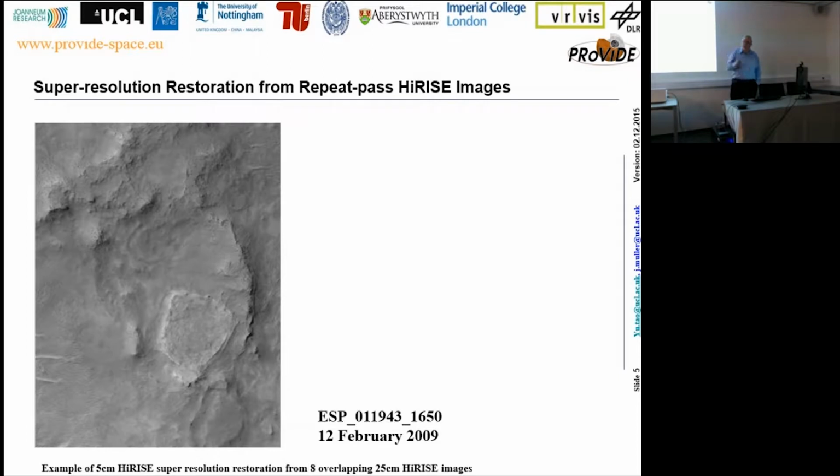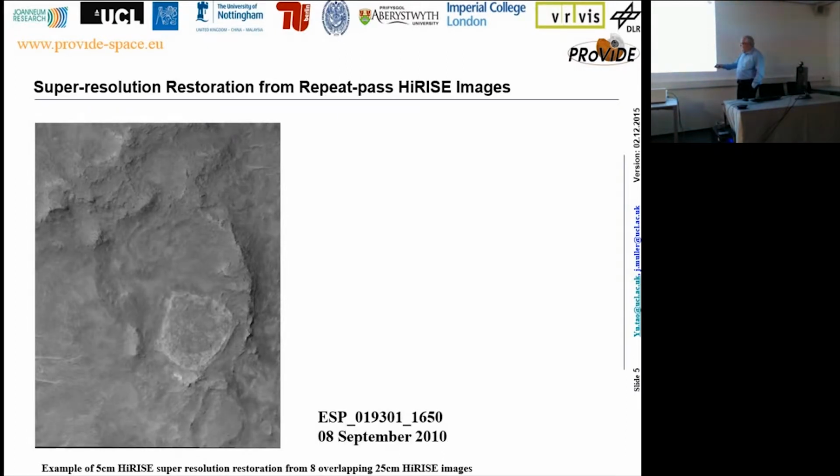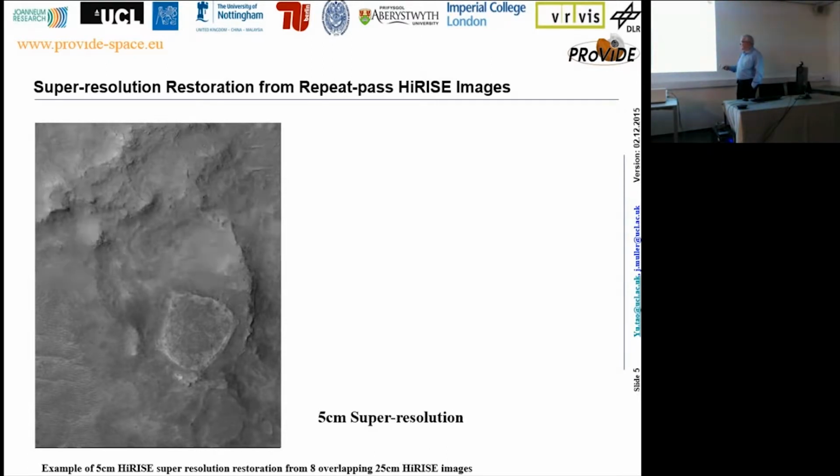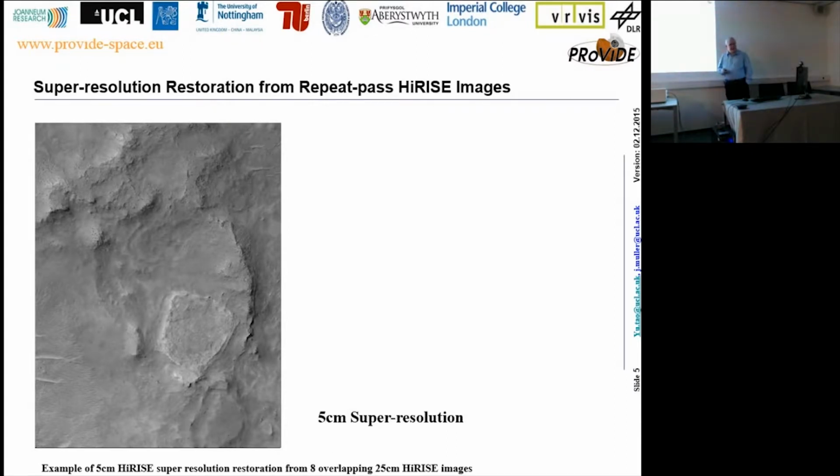If we start here, you'll notice what I've written here is the date and the HiRISE image number. And what you'll see is that they're quite different dates, different years. These are each of the images. And then taking all of these images together, using that schema I just showed, we get a super resolution result at 5 centimeters. So 5 times the original nominal resolution. So to show you,